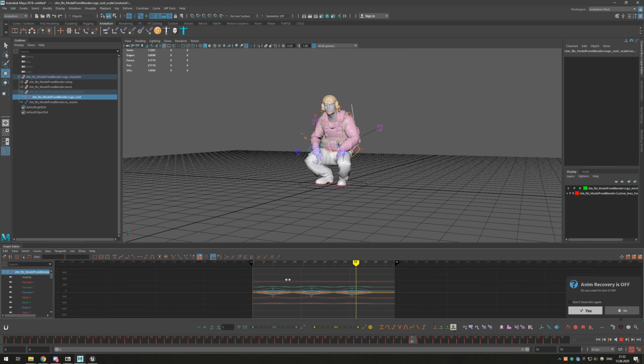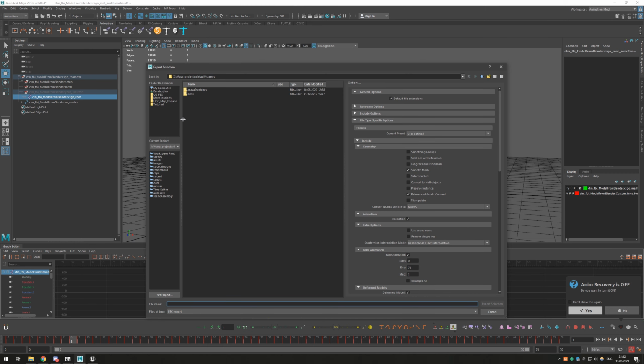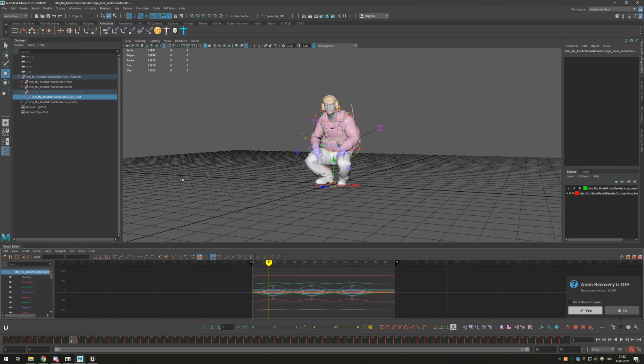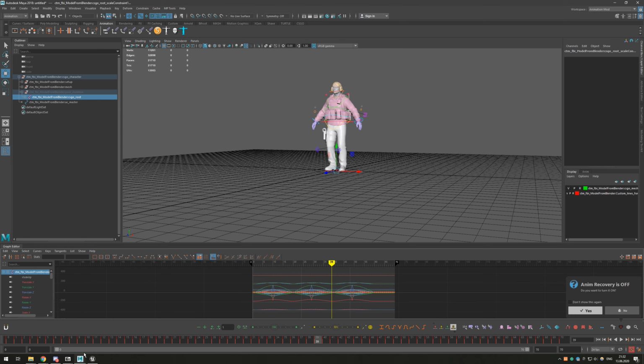And he is, well, squatting pretty fine. Now, while not deselecting everything, click File, Export Selection, and head over to the folder, doesn't matter which one, and let's name it Tutorial Squatting Like a Slav or whatever, and keep bake animation ticked. It is for the constraints connections. That's it. Export selection. We're done. No mistakes. Now we will need to head over to Unreal Engine.